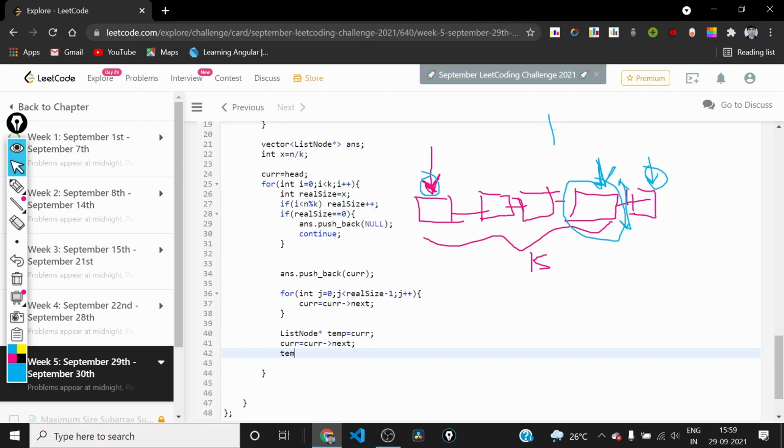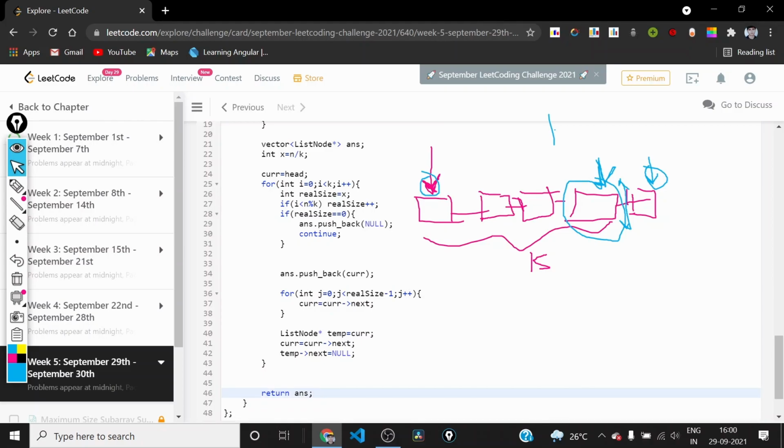And now temp next equals null. So the present part is separated from the rest, and we can do the similar thing for the next part. So this will give us all the heads of each of the parts in the answer vector. So we can return the answer.